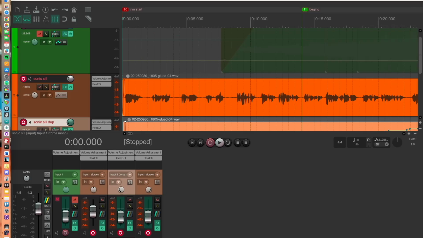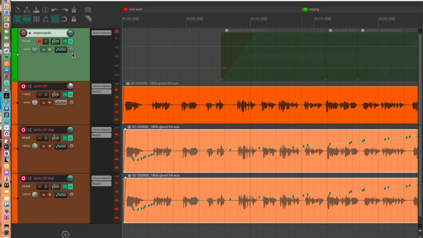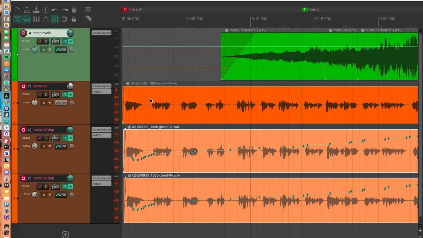So we did all that on the vocals. I'm just going to save, Command S, save project, Command M, get out of the mixer view. And now I want to put another effect on this motorcycle, but I'm not going to EQ it. I'm going to put what is called a reverb. Now, this reverb